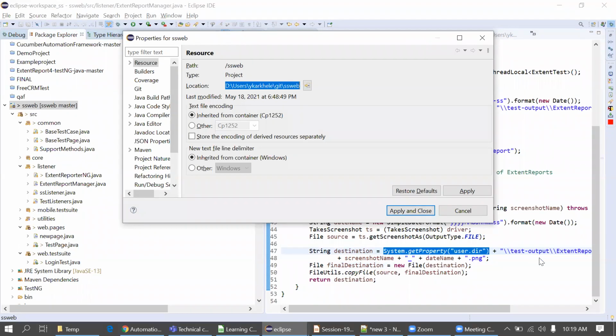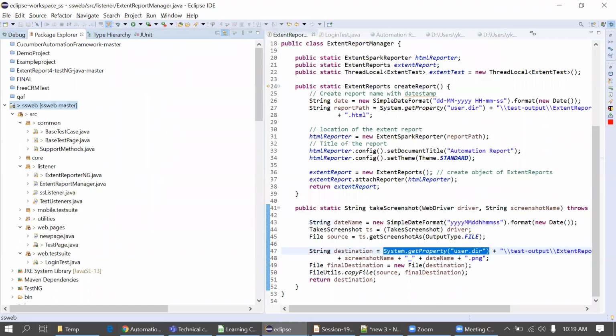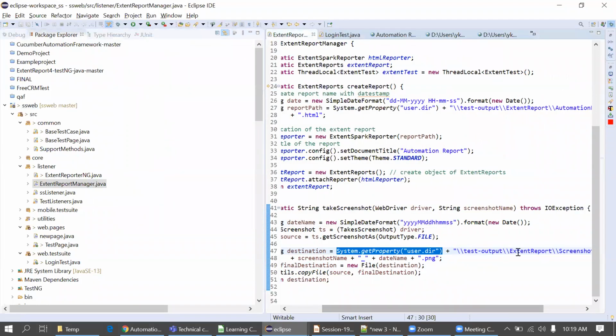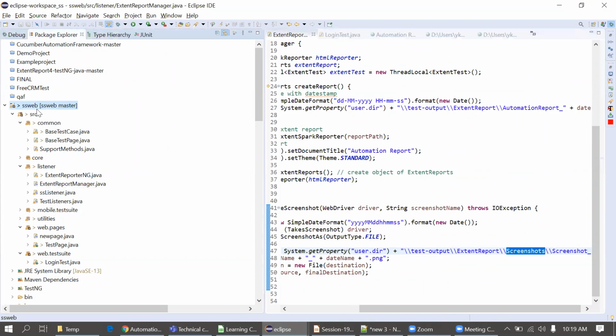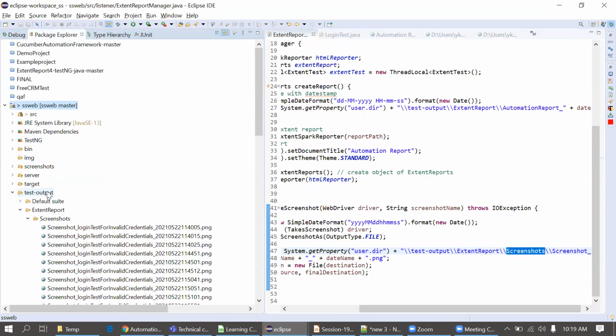Inside that it will look for the test output, then extent report, then screenshot. So you can see now it's in my base ssweb. Then it will look for the test output. Here it is, right?